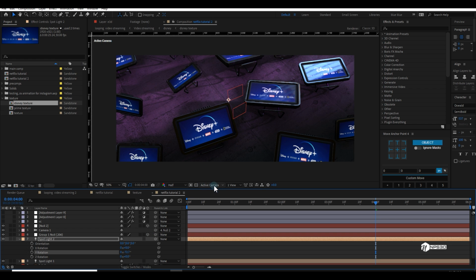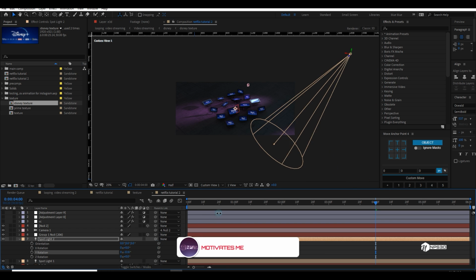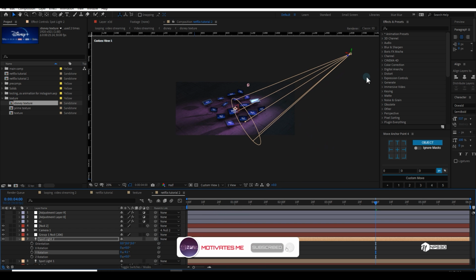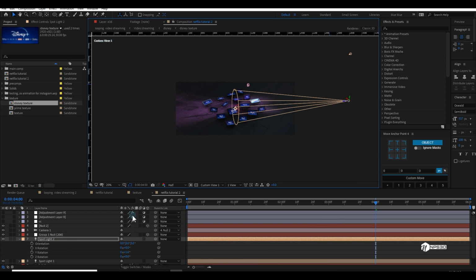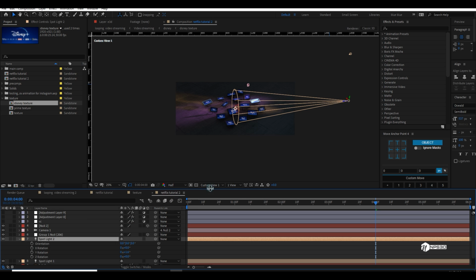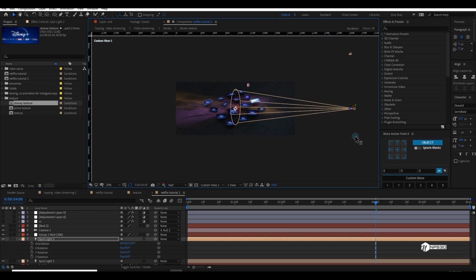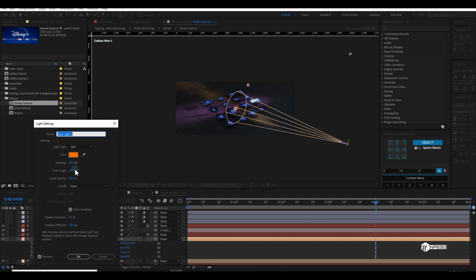Control Shift H to unhide custom view, and you can change the light. And you can change the position, and I can change the light color to maybe yellow or orange. This is optional, what you can do and what the possibilities are.